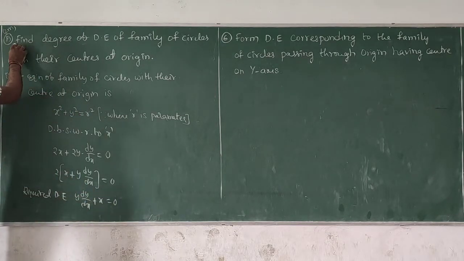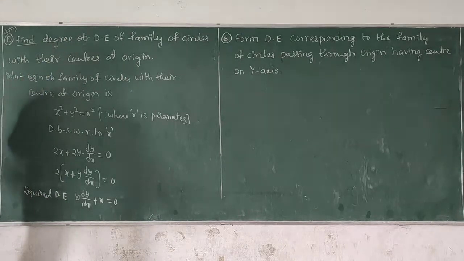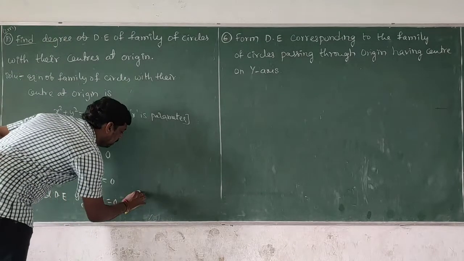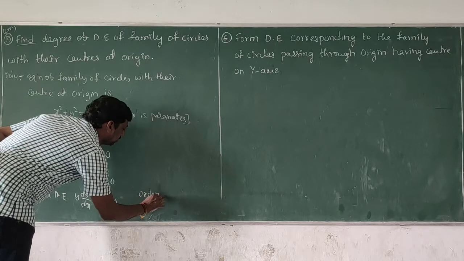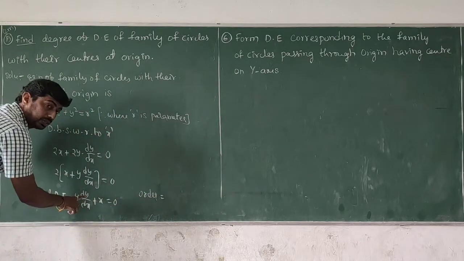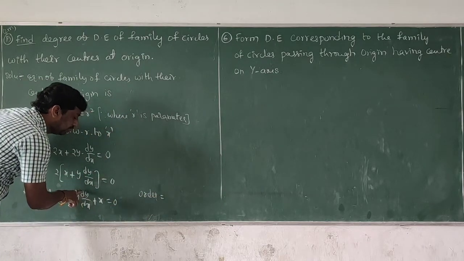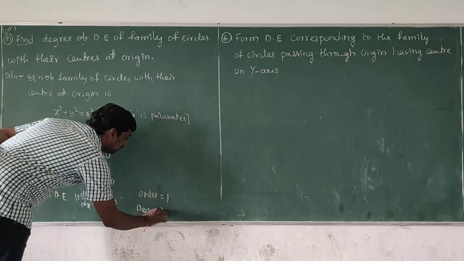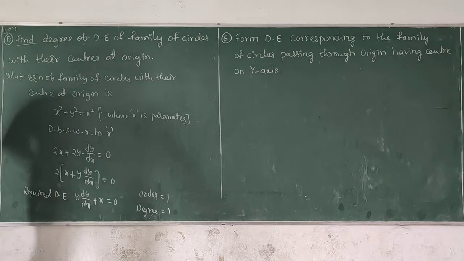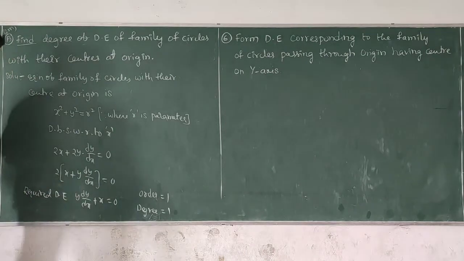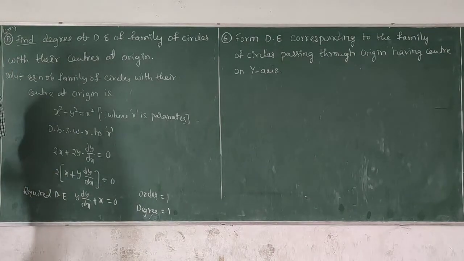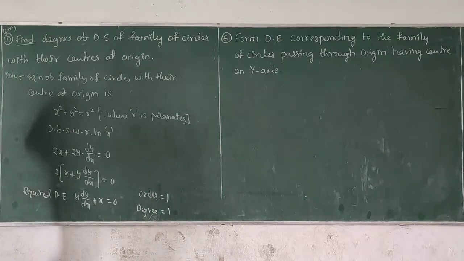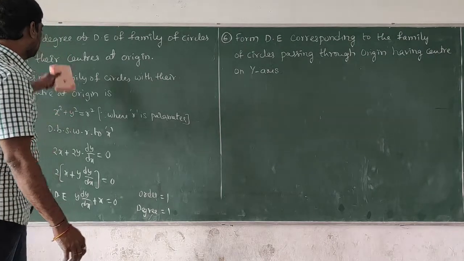But here we need to find the degree of the differential equation. No problem, write the order and degree also, in case sometimes they ask for order also. What is the order of this one? First order. Only one derivative term, which is the first derivative. Order 1. Degree is the power of the derivative term. Only 1. There is no power on this derivative term, so obviously the degree is 1. Is it clear? Any more doubts on this one?